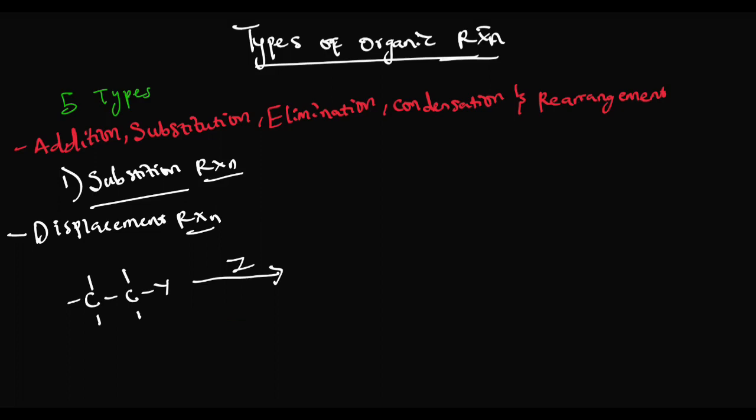So at the end of the process, what will be formed? C, right? Z plus Y. Can you notice something unique? Z has been replaced. Can you see it? So this kind of example is known as a substitution reaction,